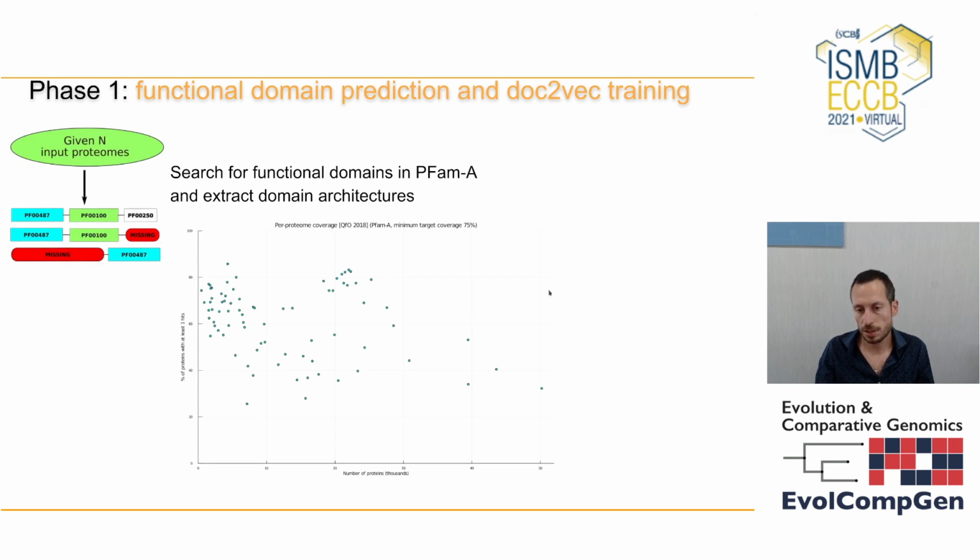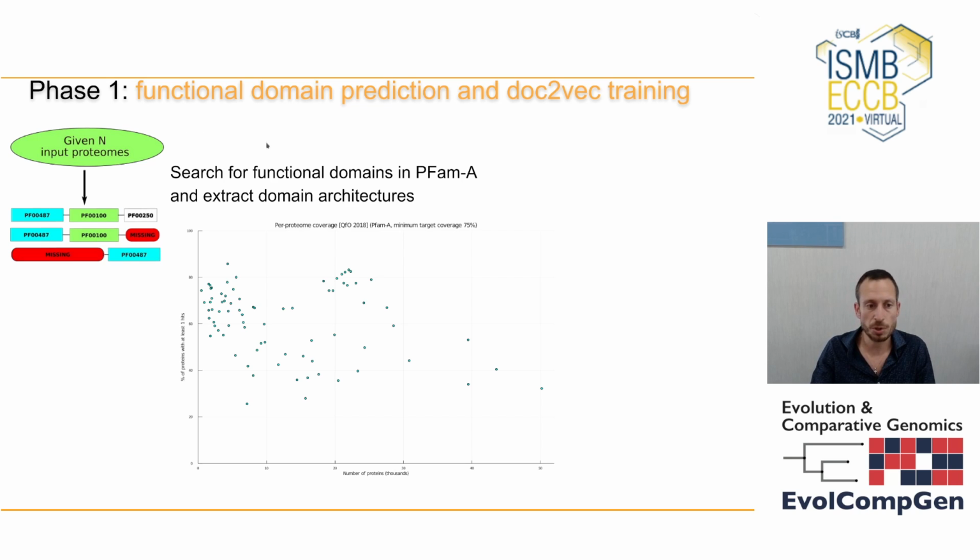Since I cannot give you a very detailed explanation, I will try to give you an overview as much as possible. So basically, the method is separated into 2 main phases. In the first phase, we predict the functional domains, and we train the model, right? In the first step,